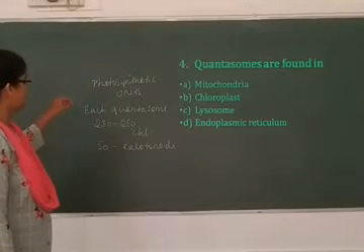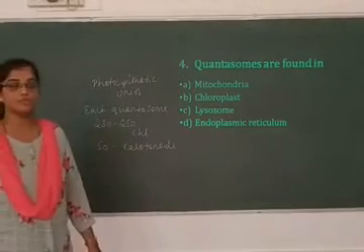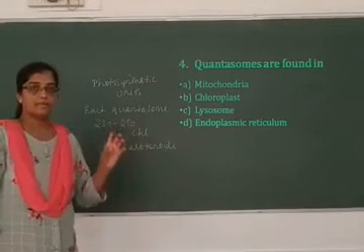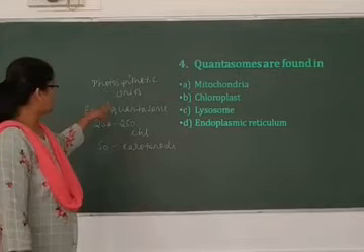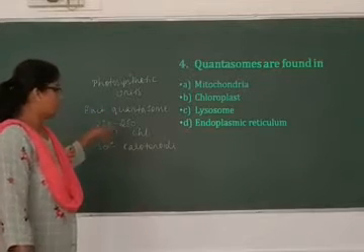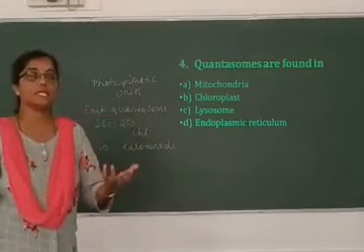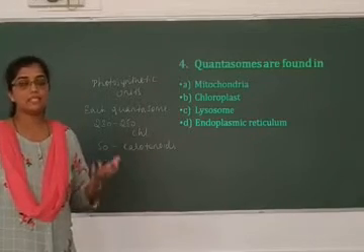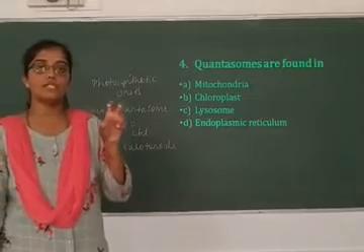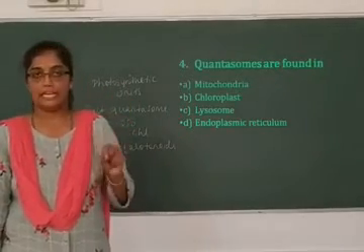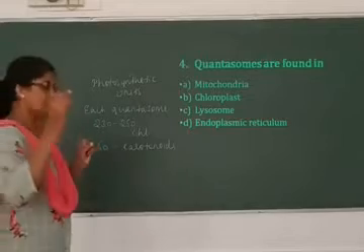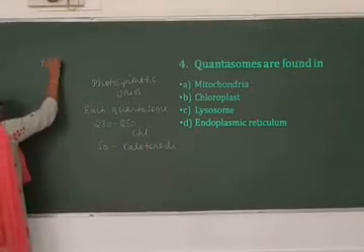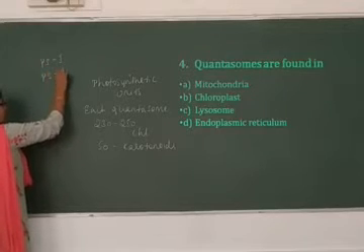Each quantasome is composed of around 230 to 250 chlorophyll molecules and around 50 carotenoids. And by looking at the word, the photosynthetic units are the chlorophyll and carotenoids, you can guess where exactly they are present or what exactly their function is. These quantasomes are organized into photosystems in case of plants. And in the photosynthesis chapter we have studied there are two photosystems, namely photosystem 1 and photosystem 2.